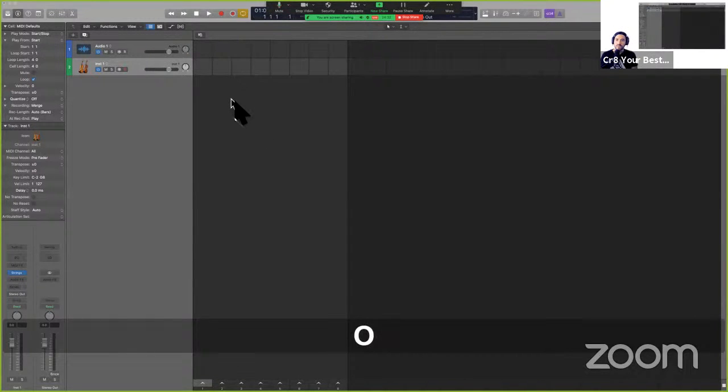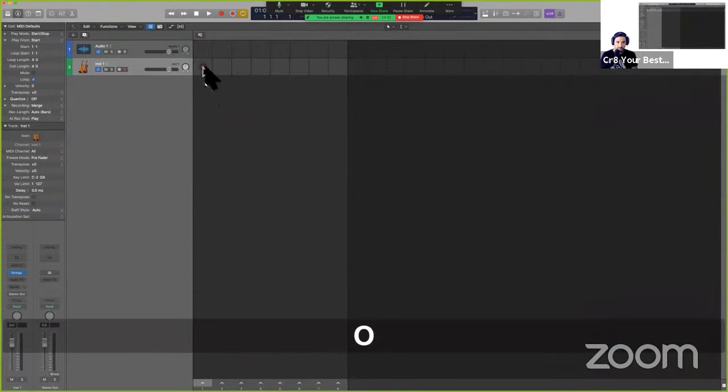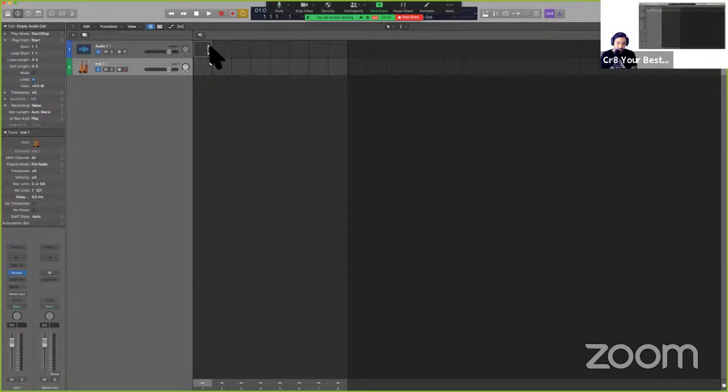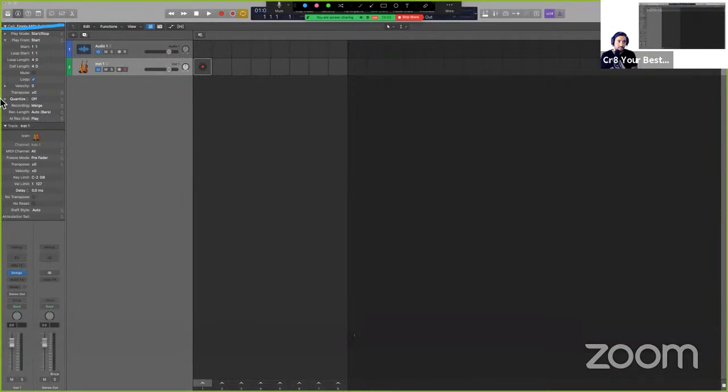Now, for now, we'll mostly be pulling in information from the Apple Loop browser, but of course, there's so much more here that you can do as far as third-party samples or loops, and we can record all the information ourselves. Now, probably the fastest way of understanding how to get a handle on this is to really understand the relationship between the cells and the cell inspector. If you know my work, if you know my curriculum, you know that this is the